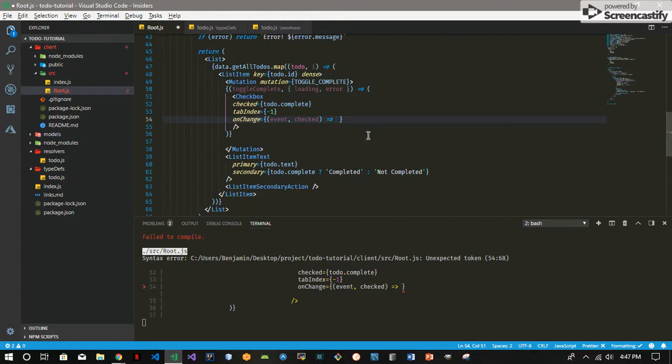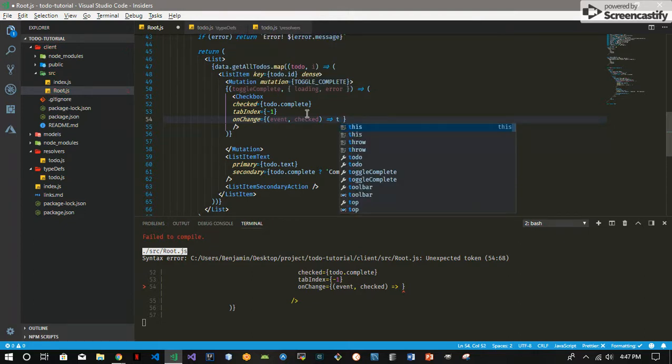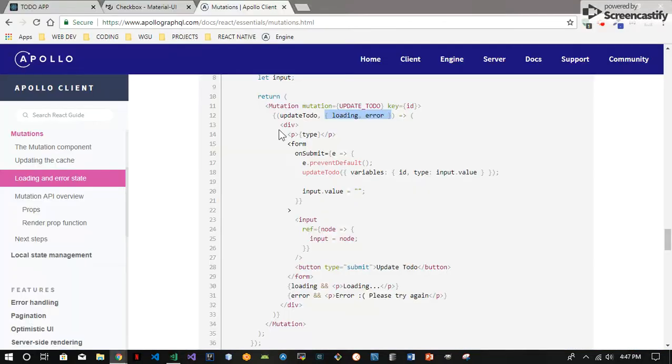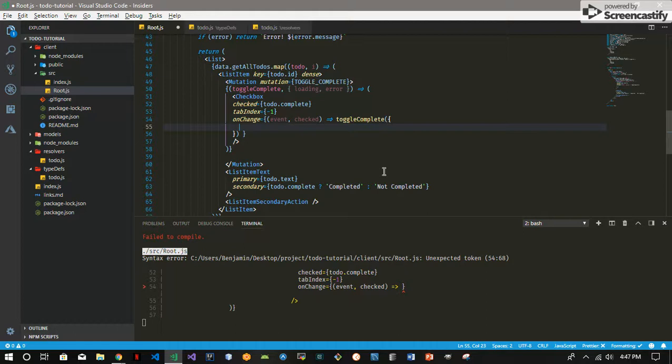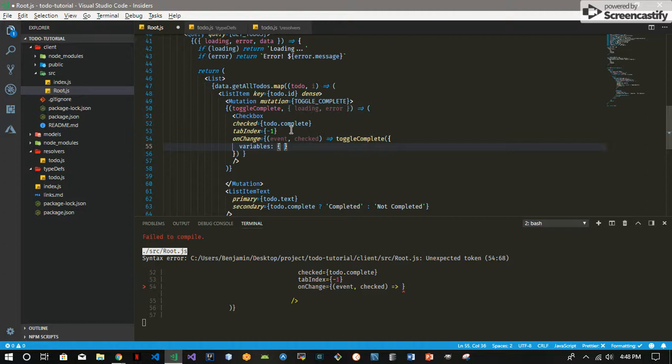And here, we're getting an error because we're not doing anything with this function. But here, we're going to actually call, we have access to that function now. The toggle complete, and invoke it as a function, passing in an options object. And what you do is you pass in a variables object. You have to define the variables up here, the to-do ID and the complete. So to-do ID,